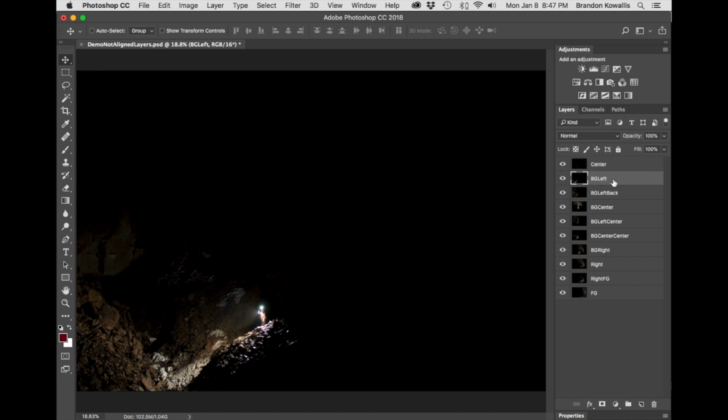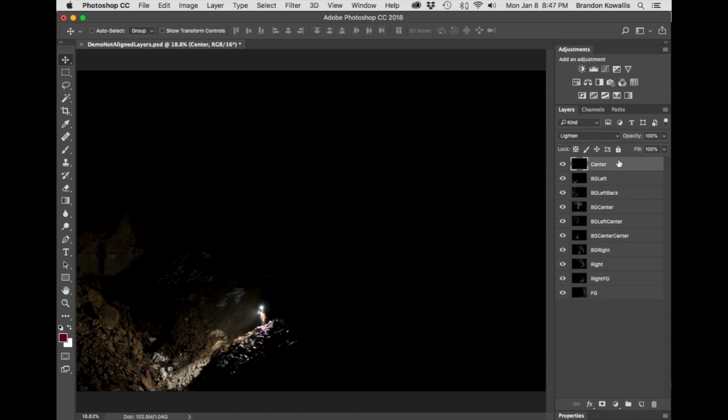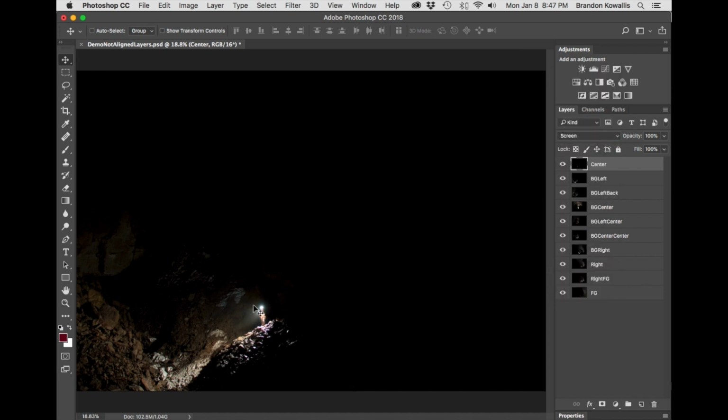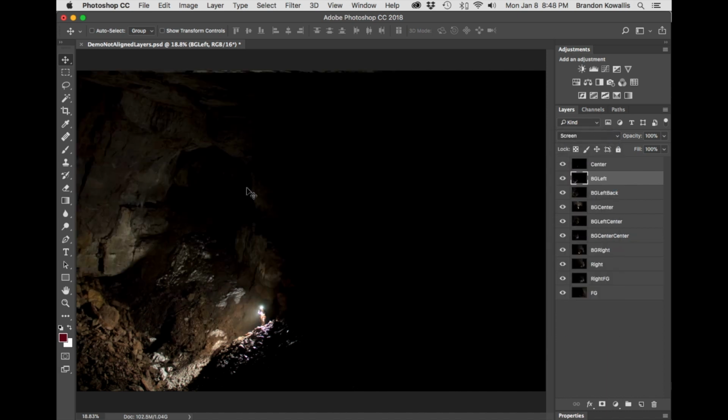Let's go down to this next layer and again select lighten. Actually, before we do that, let's change that to screen and see what the difference is. You notice there's a slight difference there in how the pixels are blended. You can see it right here where the caver's at. When we change that to screen, there's a bit more of a haze. I kind of like the screen a little bit more, so I'm going to use that. So let's go to the next layer and again click screen. Bam! Pretty cool. Go down to the next one